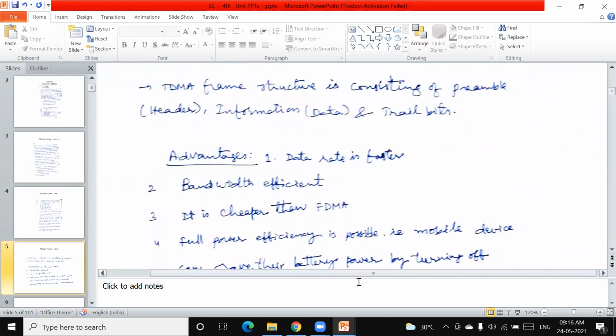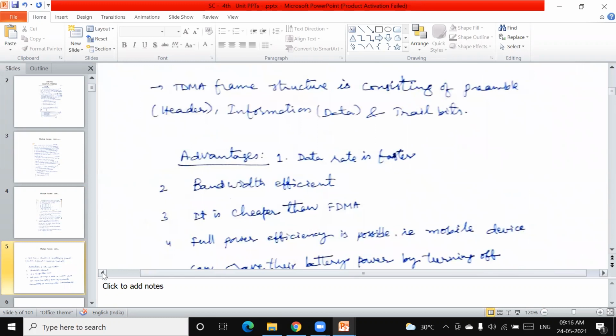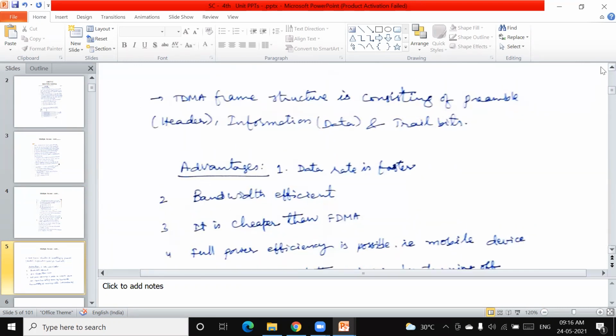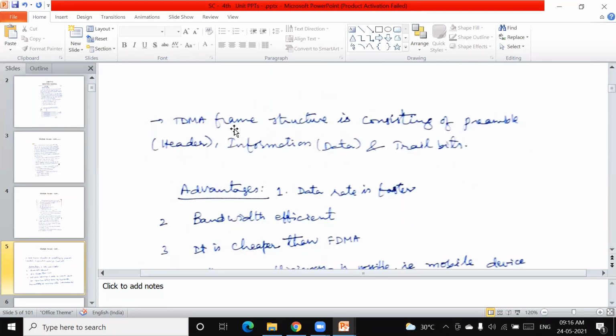You can see this one here, the time division multiple access technique. The TDMA frame structure, I have just given the word here, but what is the structure of that, everything we'll see in detail when we are discussing each technique separately and deeply. The TDMA frame structure consists of